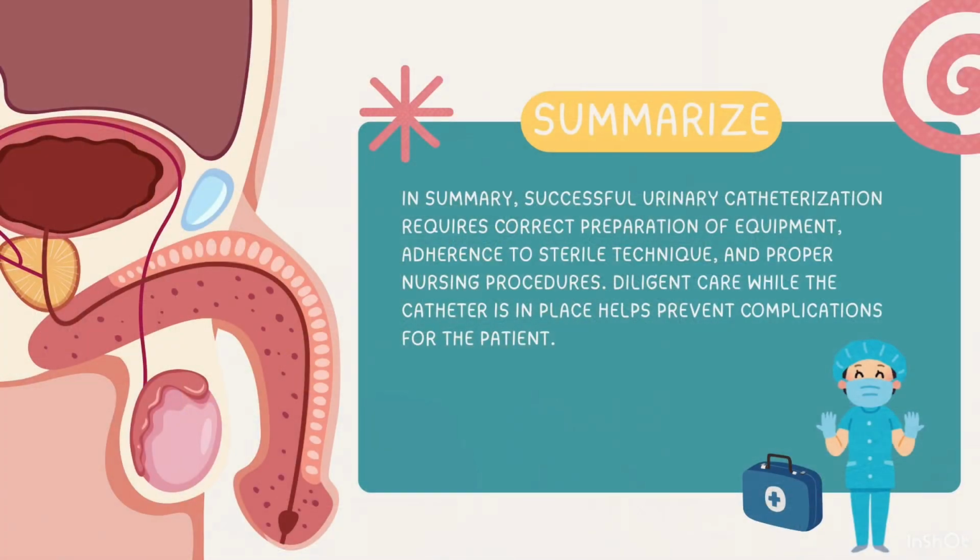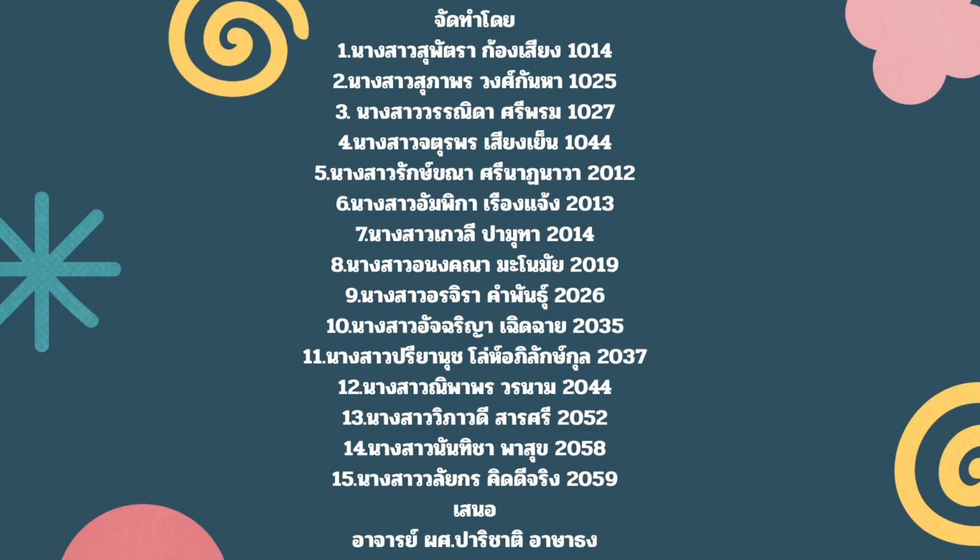Document any abnormal findings. Successful urinary catheterization requires correct preparation of equipment, adherence to sterile technique, and proper nursing procedures. Diligent care while the catheter is in place helps prevent complications for the